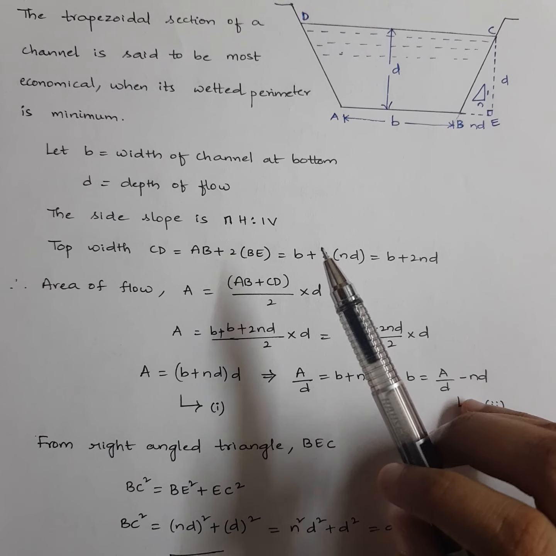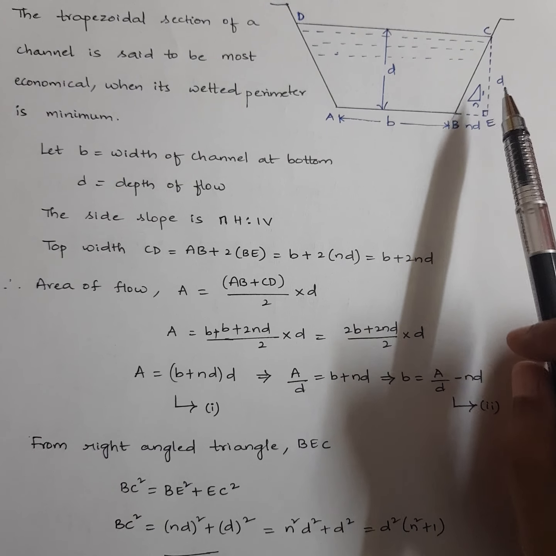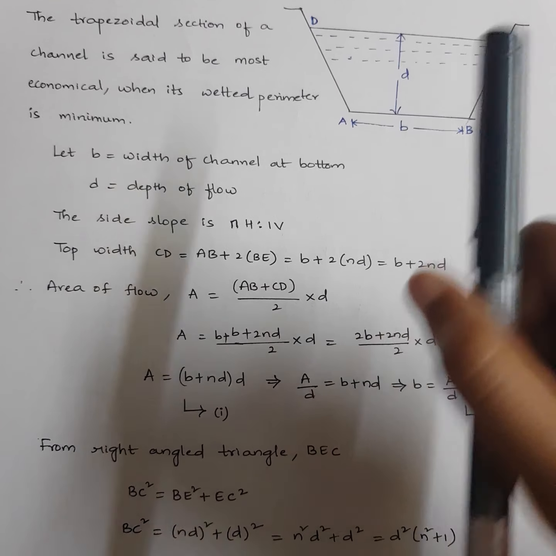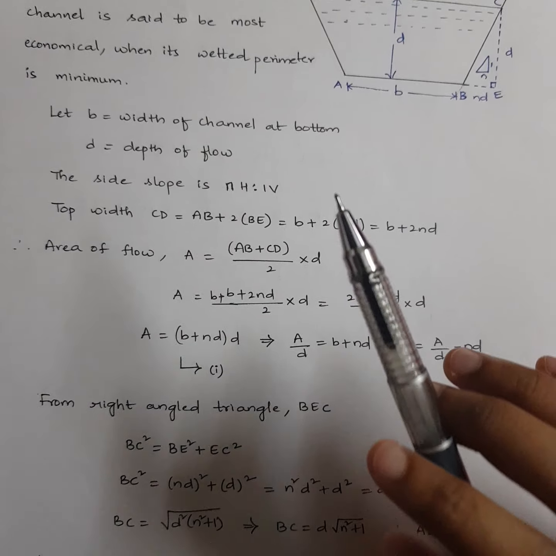Okay, I'll explain once again there. So this side slope is n horizontal is to 1 vertical, means for every n horizontal length I will provide 1 vertical height. So I will join both, then this will be the side slope. Okay, now